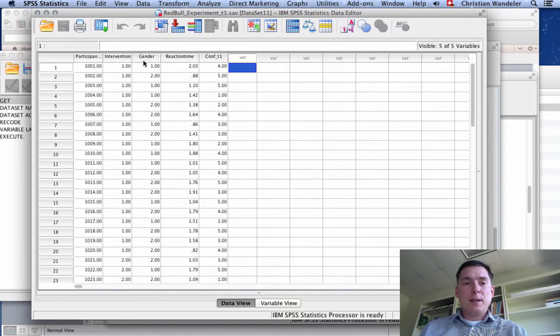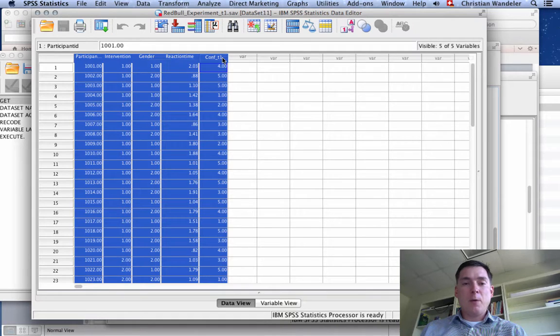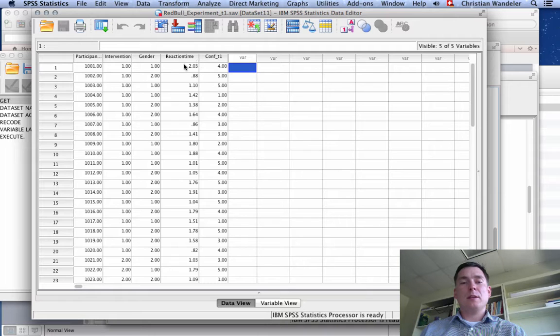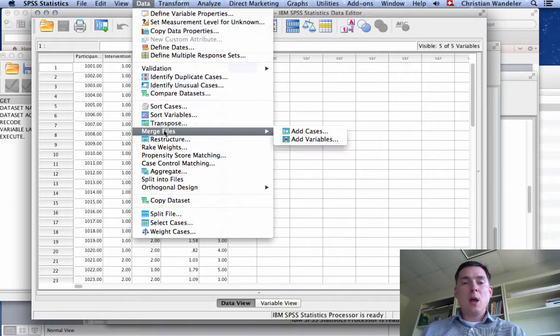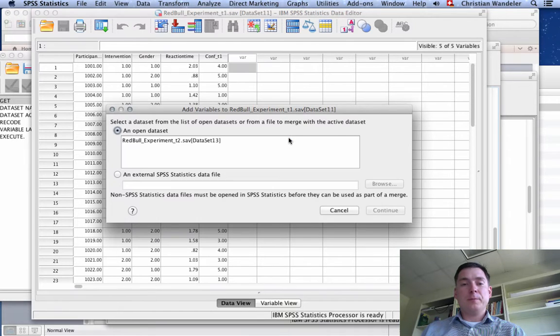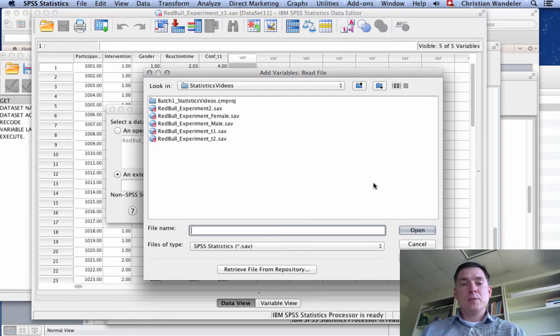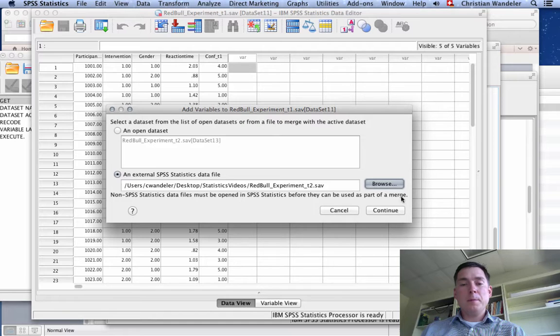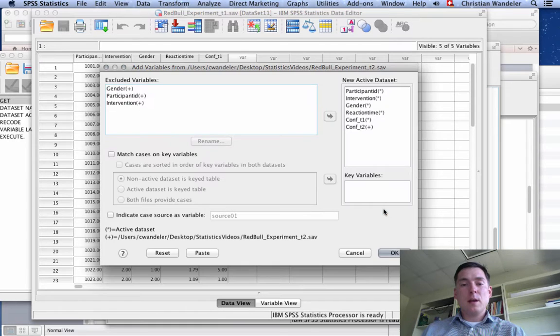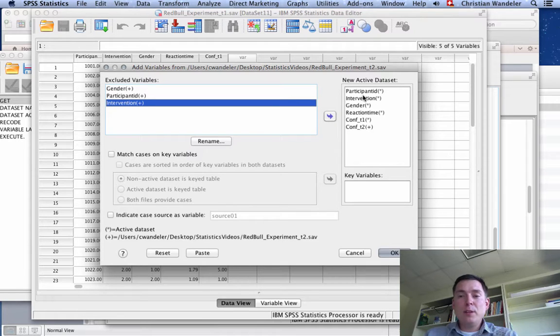Now here, for example, is the Red Bull experiment data file, and we have confidence before the intervention. And now we would like to add data we collected after the experiment, where we can add to this existing data set. So we go into Data, Merge Files, and not adding cases, but adding variables. And then we can again choose a data set, and this time it's the Red Bull experiment T2. We open it up, we hit continue,